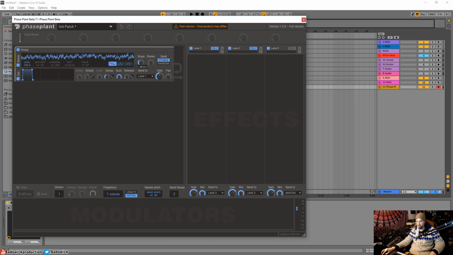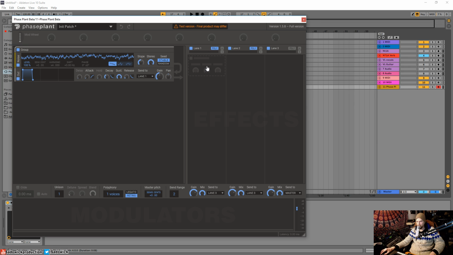So you can adjust the slope, which isn't an EQ. Well, it is. Depending on what setting you have, it'll boost the low end and then cut the high end like a tilt shelf. It's kind of like a teeter-totter sort of thing. So you can make it darker or brighter. So it'll sound like this. It really depends on what you're doing. And with this synth, you can give it some stereo, which sounds a little bit more rainy. This is like a hefty typhoon rain thing going on,